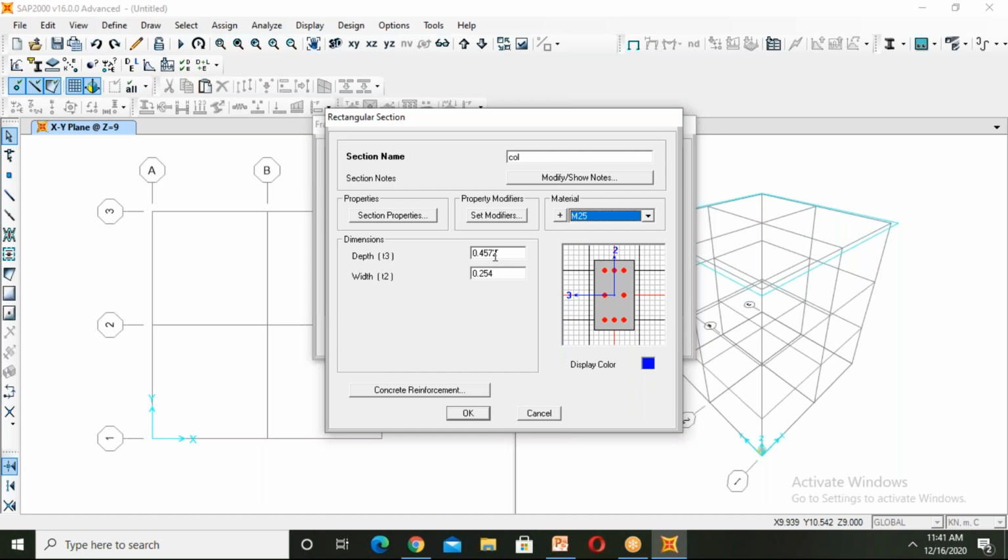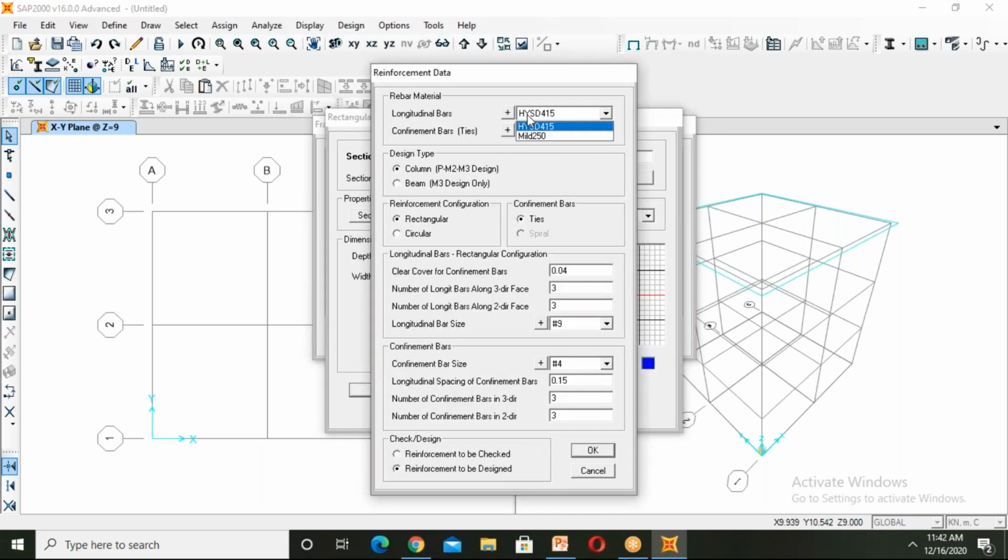As it is M25, let's take our 500. HYSD 415.